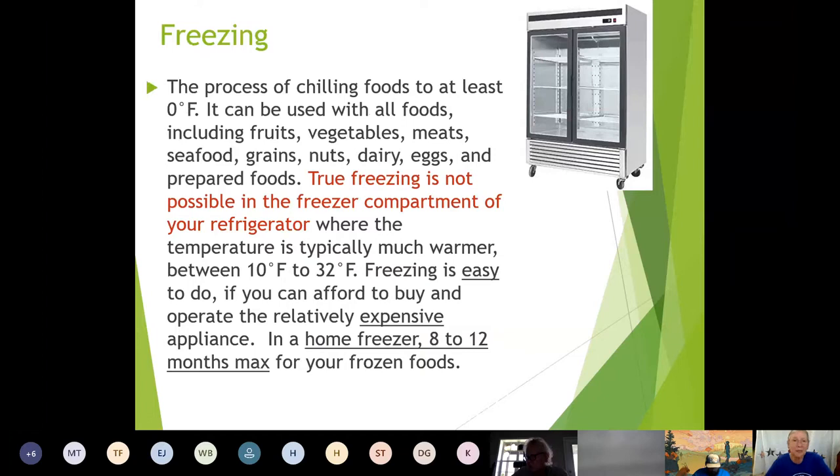Freezing. Okay, we're going to talk a little bit about freezing. The freezer in your home refrigerator is not going to give you true freezing. It just doesn't get cold enough. We open it up too much. We open it to put things in. We open it to take things out. It's not a true freezer. So